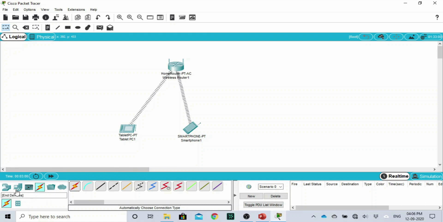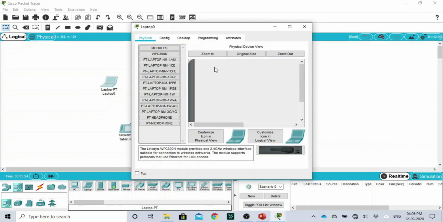Now a very common end device which normally we connect to a wireless access point, the router, is a laptop. But when we connect a laptop directly, it won't automatically connect with the router. So this is a little extra, but I'll show you how to connect a laptop to a wireless access point. Now click on zoom out, or zoom in to enlarge. The original size will be very big, so you can't see the laptop in this column. So zoom out, so it will show you the side of the laptop.